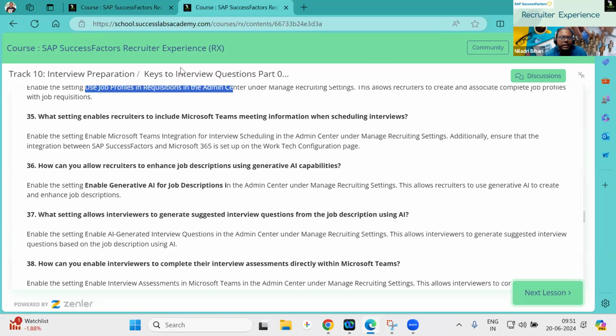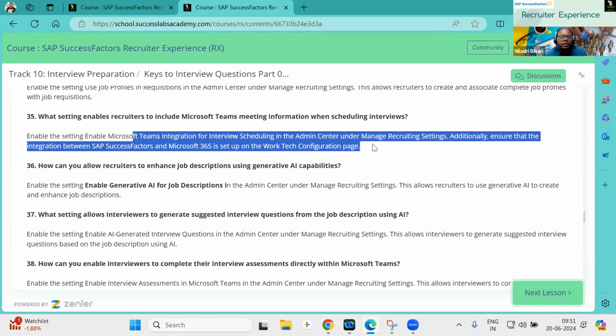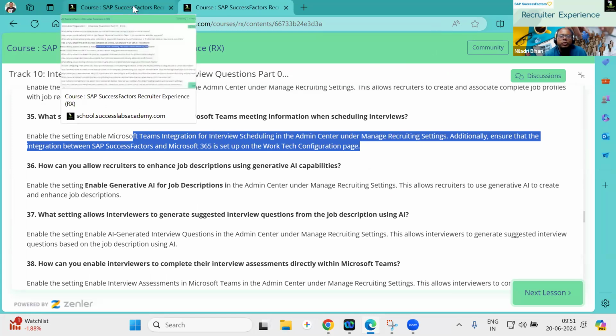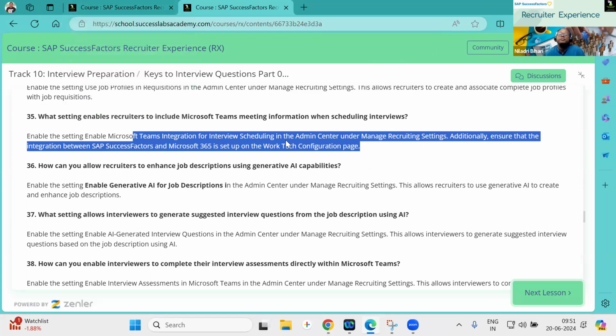Same question here, 35, which we already discussed. So the integration is set up and everything is done. This takes some time. You may have to contact a Microsoft expert sometimes if required. Otherwise, any IT persons in your company, if they are skilled, can help you.